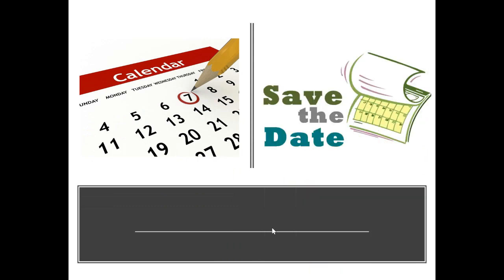Next picture, number 9. So look at the two pictures. What do you notice or see? I notice or I see. Well, in the first picture, I noticed that there's a calendar and a special date is marked. In the second picture, it says save the date and another calendar. So, how are these two pictures the same or similar? They both,